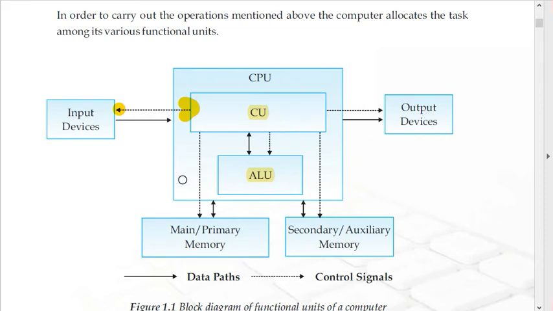So what does this arrow mean? If the arrow is a solid line, that arrow is a data path. That means this solid line means flow of data. And if I say dotted line, this is a control signal. That means this is flow of control signals, how it flows onto this component of computers. Okay, so this is the functional component or functional unit of a computer. This is very important. First of all see this diagram very carefully, and then we will find this explanation.